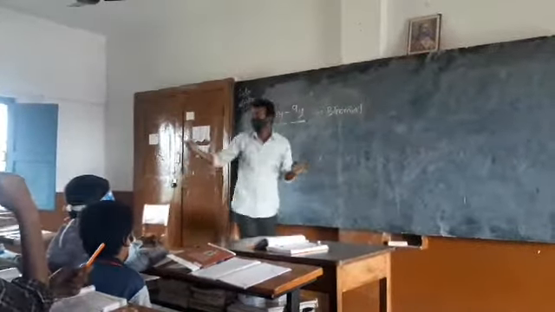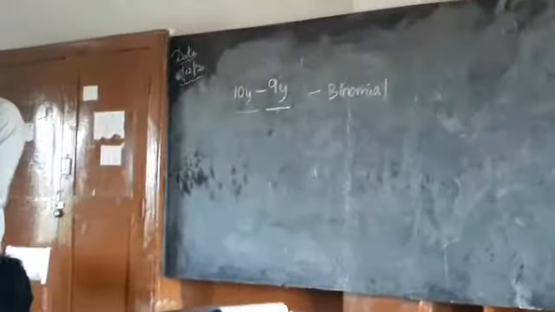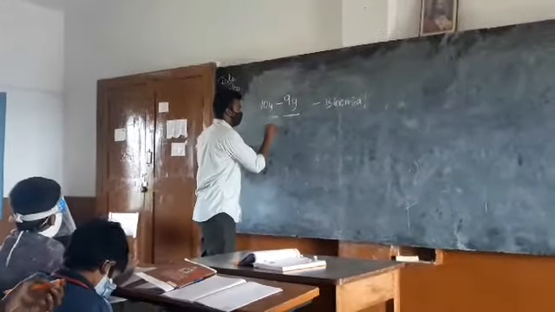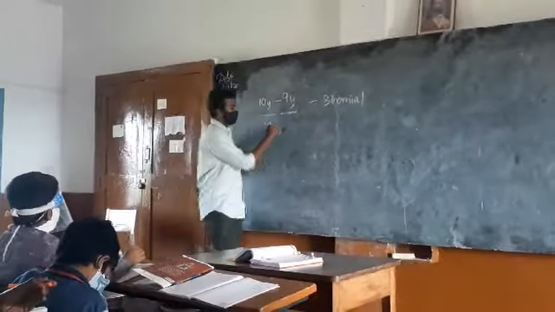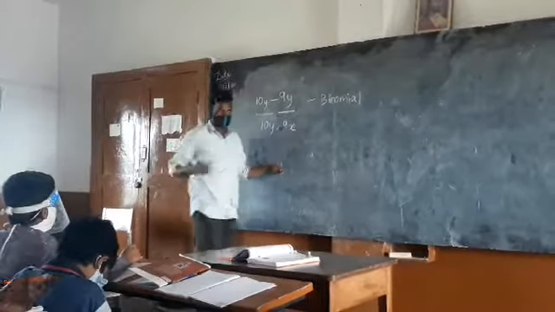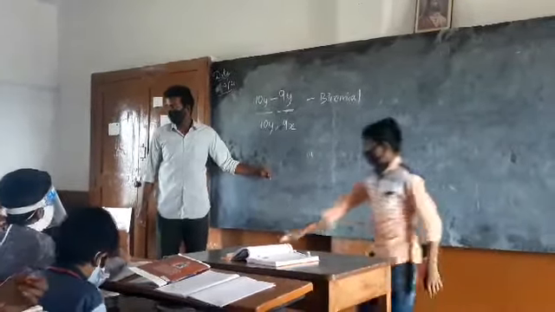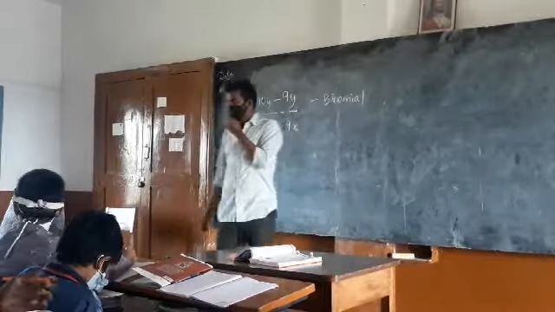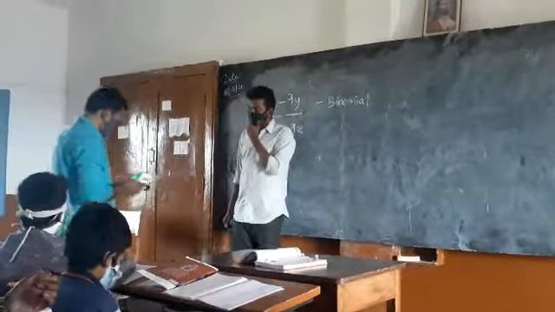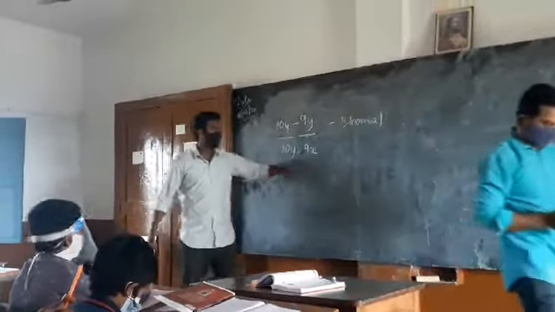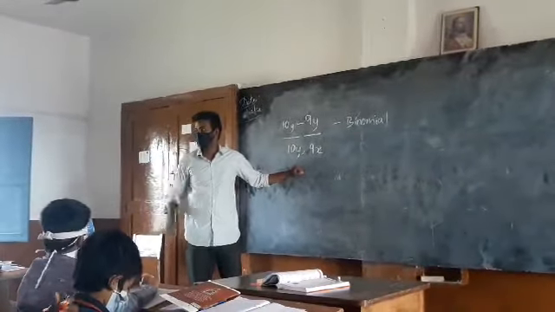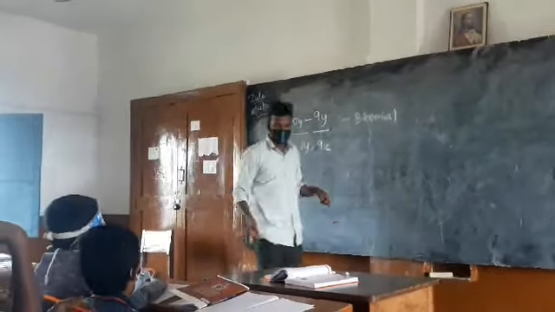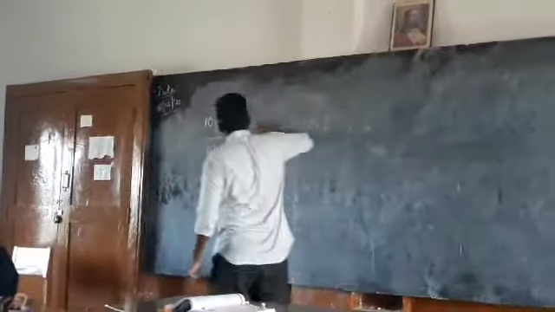I asked you for an example of a monomial. Reduce the number of terms. Yes. 10y comma 9x. Okay, very good. Settle down, children. So, 10y comma 9x. These are two monomials, because they are separate terms having only one term each. Okay, two monomials. We are dealing with multiplication of two monomials.